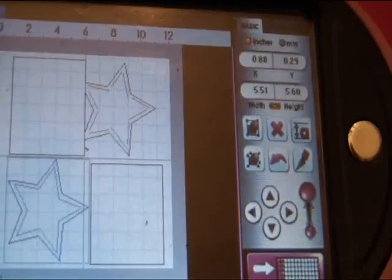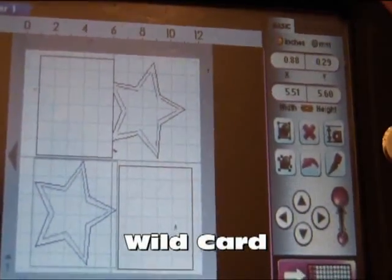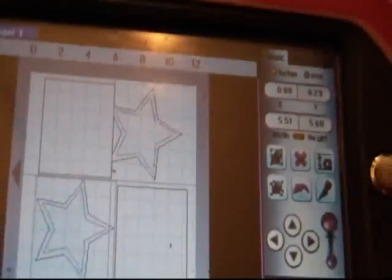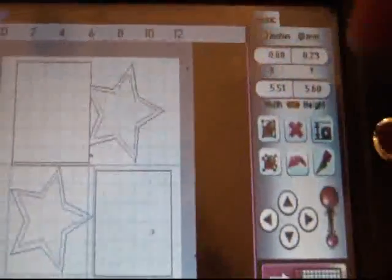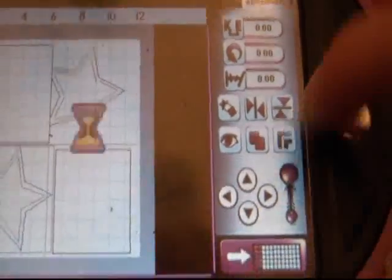Hi everybody, today we're going to do a star card from the Wild Card Cartridge. This is for Emma's Throwback Challenge, and Wild Card was the cartridge that was chosen. So I have the star card, and then all I did was use, under the advanced feature,